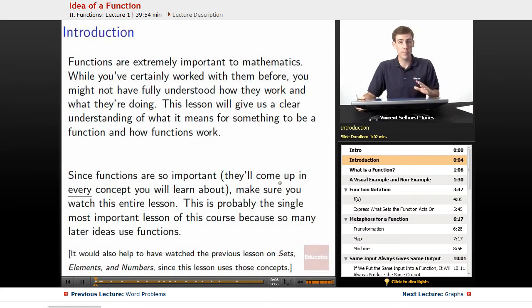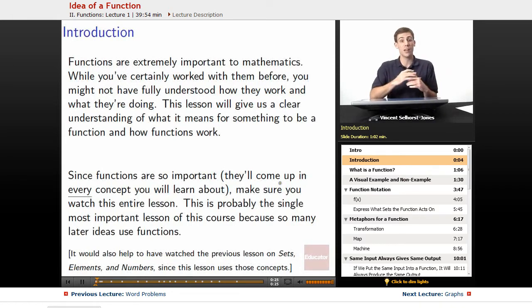Functions are extremely important to mathematics. You've certainly encountered them before, but you might not have fully understood how they work and what they're doing. This lesson is here to give us a clear understanding of what it means for something to be a function and how functions work. Since functions are so important, they're going to come up in every single concept you learn about in this course,